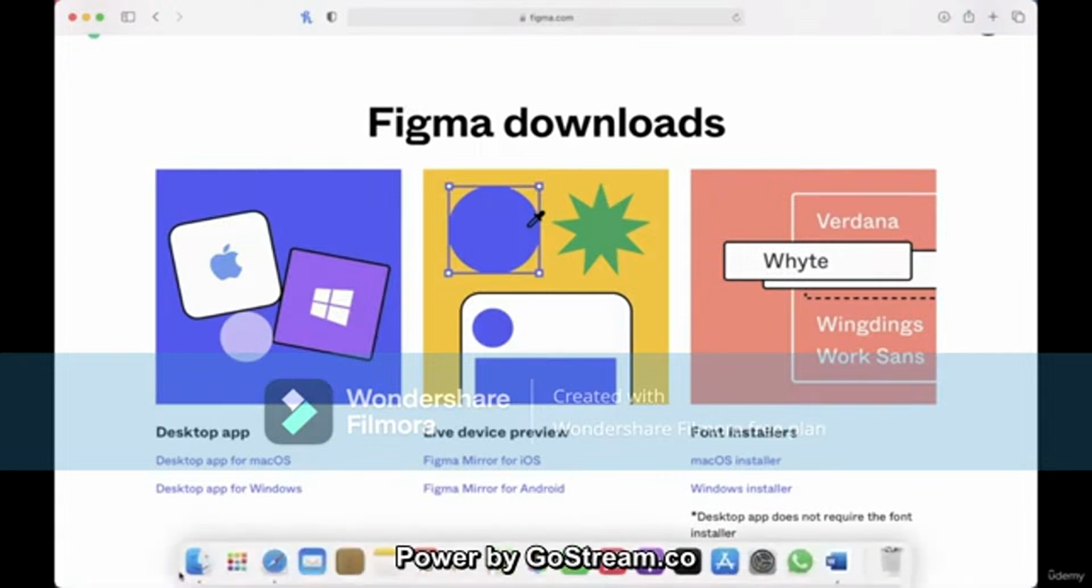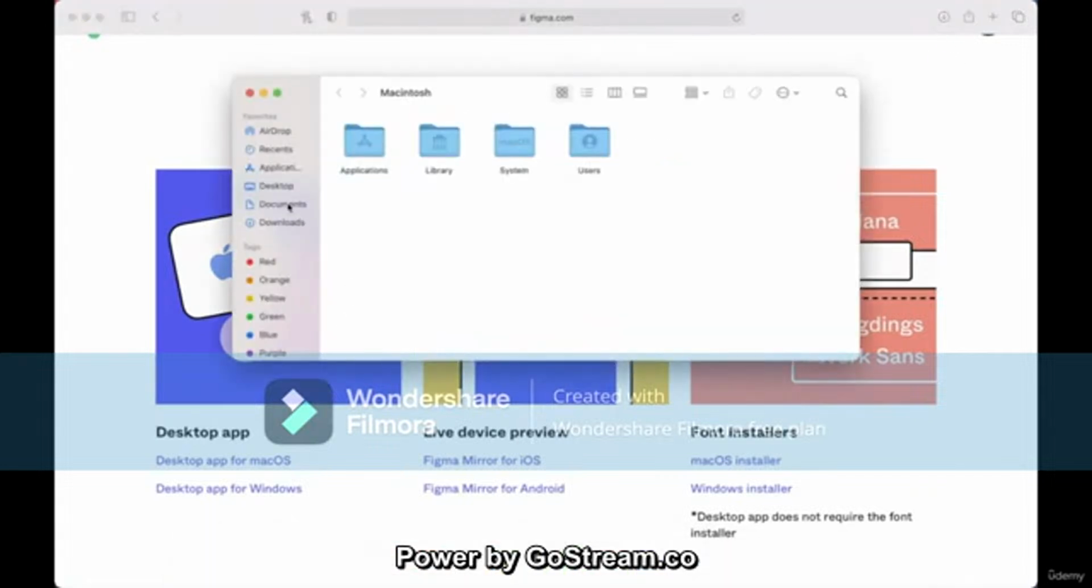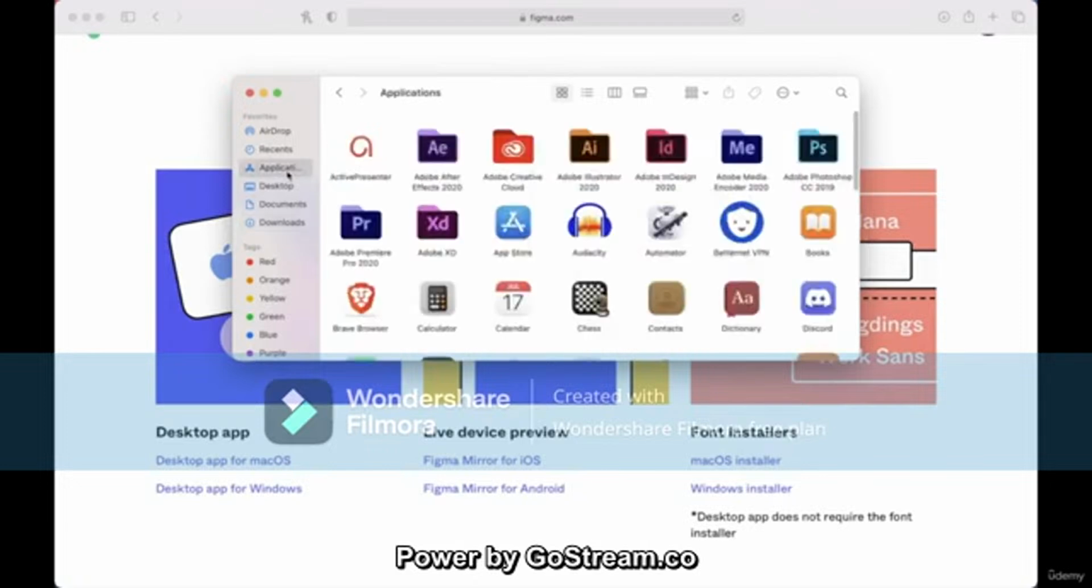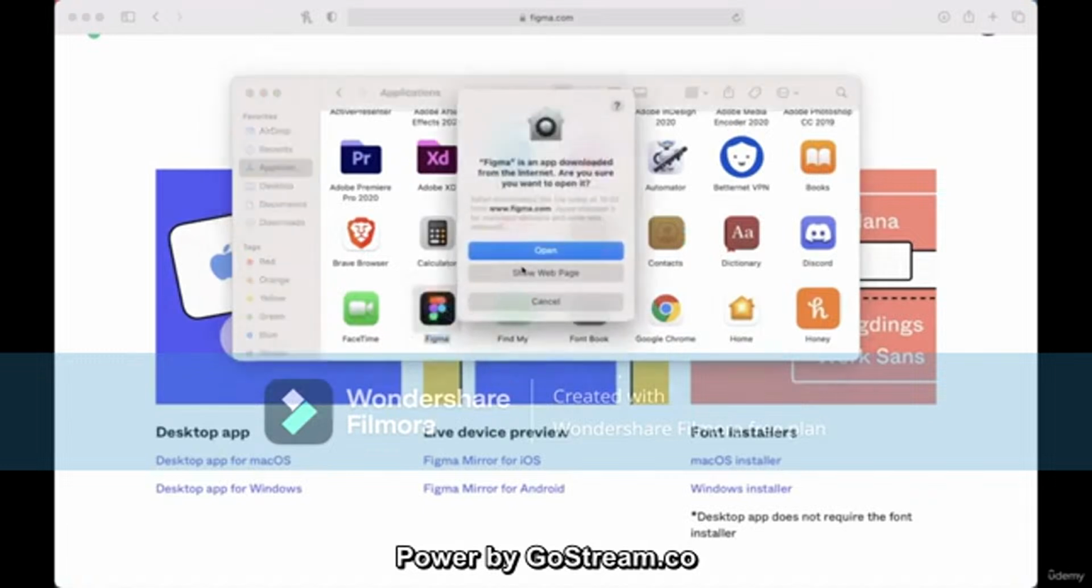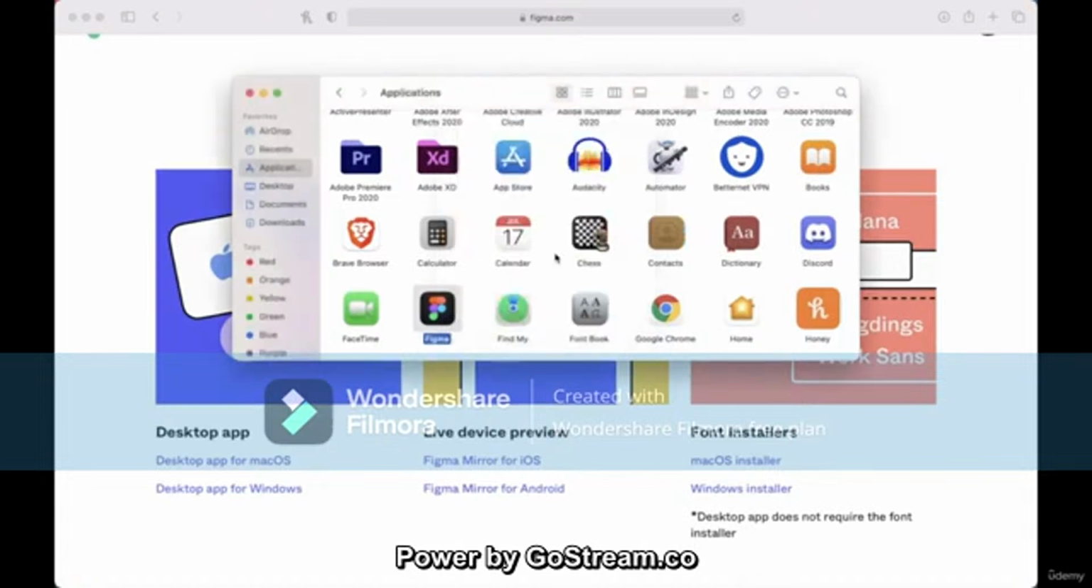Now that it's finished, I'm going to go ahead to my downloads and I'm going to move it to my applications folder. After that, I'm going to look for it, and I'm going to start installing it. It's going to ask if I'm sure I want to open it because I downloaded it from the internet. I commence